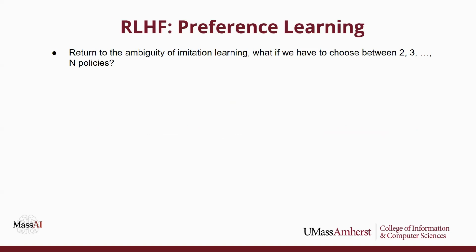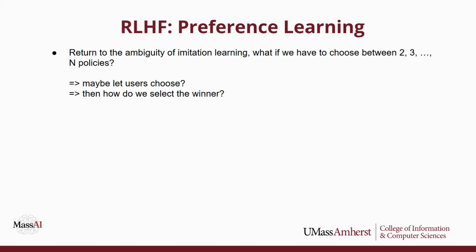which you might already see if you use ChatGPT or Claude or other NLP models nowadays. They have options for you. They generate multiple outputs, and then they ask you to choose, do you like the first response or the second response better? And that output is actually going to be fed into one of these preference learning models. So maybe we let the user choose, as in the case of ChatGPT,